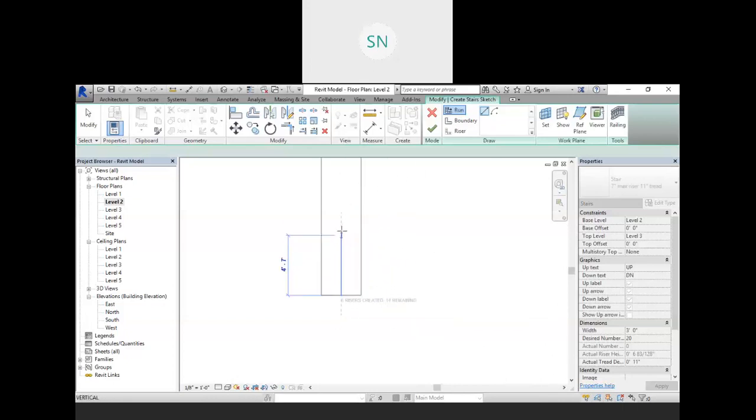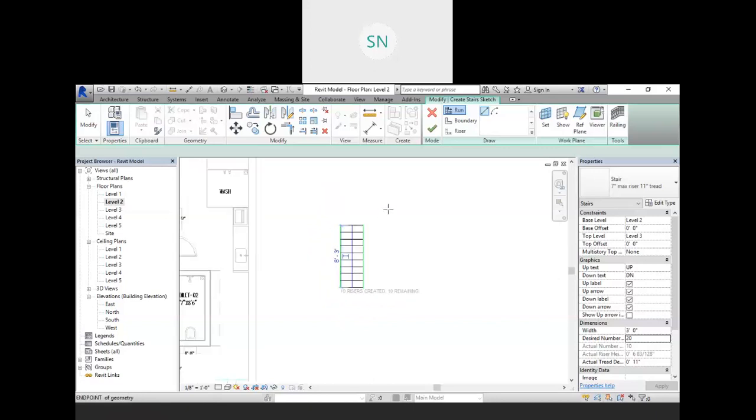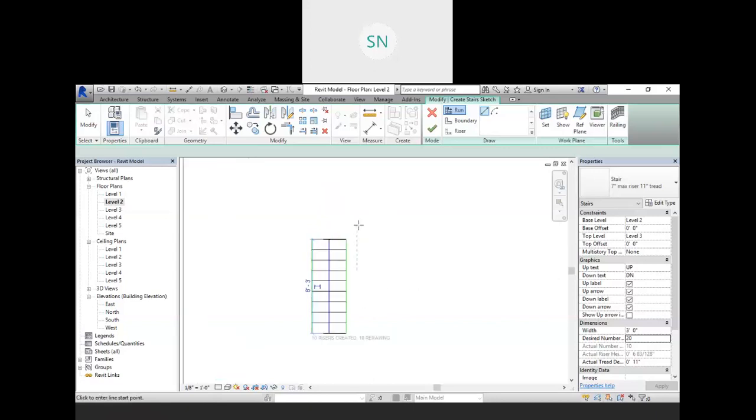So in this direction I want to create around 10 risers, right? So these are my 10 risers and 10 risers are remaining. So click here. So these are my 10 risers. Now the rest 10 risers I want to create from here